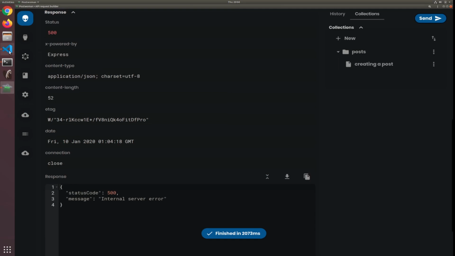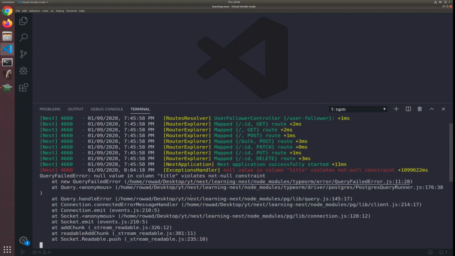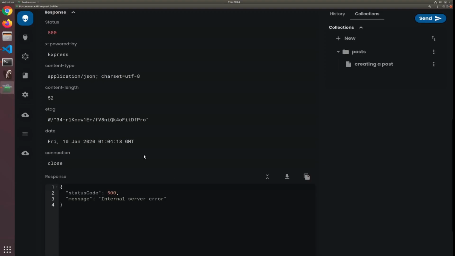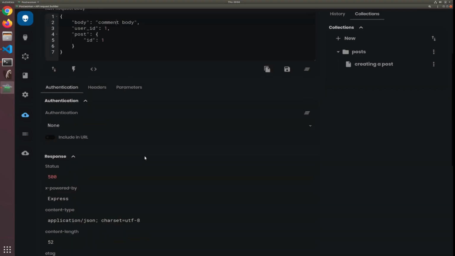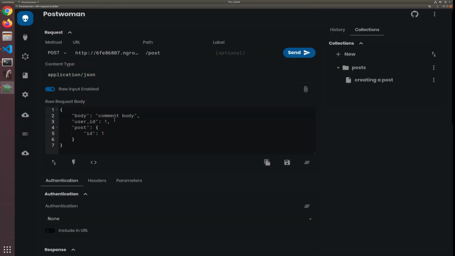I think we don't have this user or this post. I'm pretty sure that's it. Value in column title violates not null constraint. Oh yeah, this is a comment. Sorry. So the body, and yeah, I'm sorry. So what will the shape of the JSON